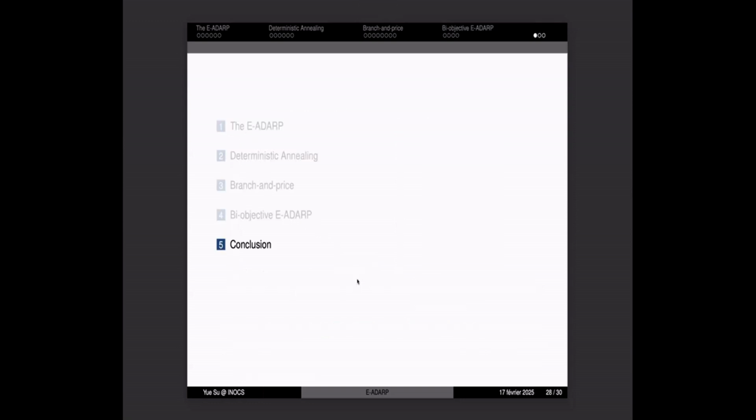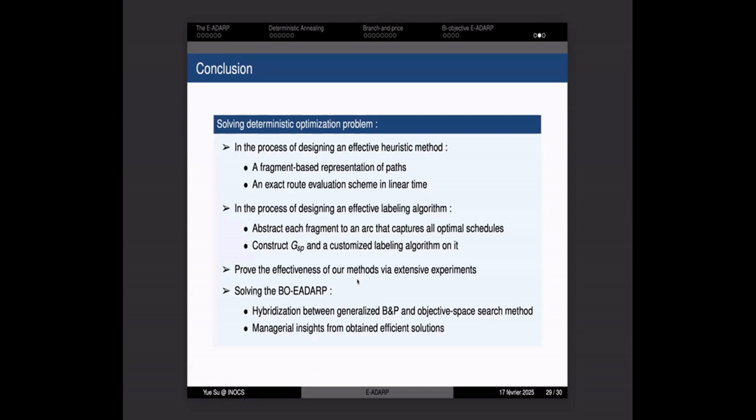And now I will give a short conclusion of my talk. So in the process of solving the deterministic optimization problem, we have designed an effective heuristic method where we have introduced a fragment-based representation of paths and an exact route evaluation scheme in linear time. And in the process of designing an effective labeling algorithm, we have proposed to abstract each fragment to an arc that captures all the optimal schedules. And we have constructed a new graph, and a customized labeling algorithm is applied on this new graph to solve the pricing subproblems. And we prove the effectiveness of our methods via extensive experiments,